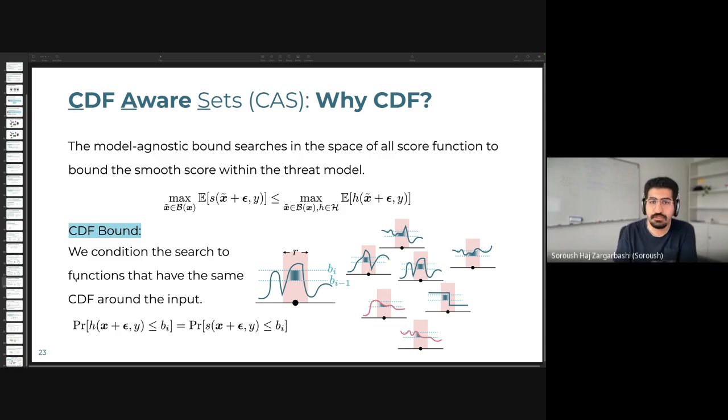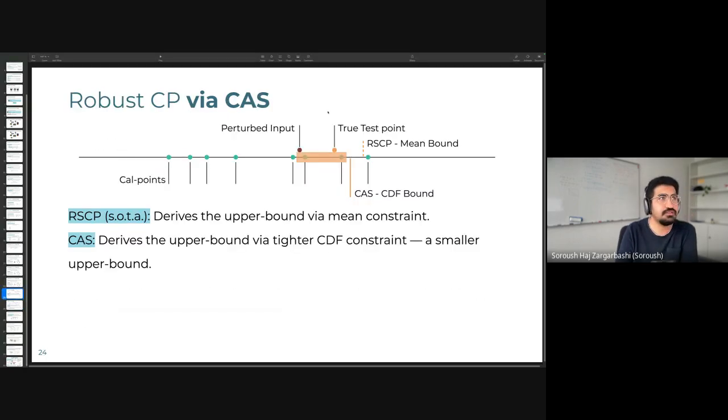For sure, it would increase, because at the end of the day you're more conservative. If I take this slide, assume this is the true test point, and you are looking at a higher score. Then for each label, the probability of it being inside the set is higher. Therefore, the prediction set size would always be higher. This is for sure, because you're being conservative and trying to account for the worst case noise.